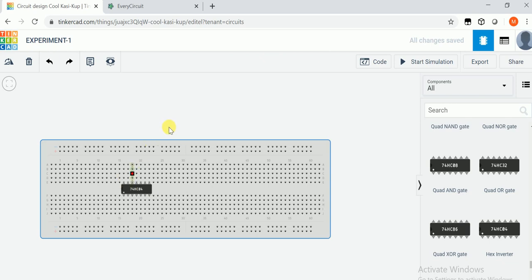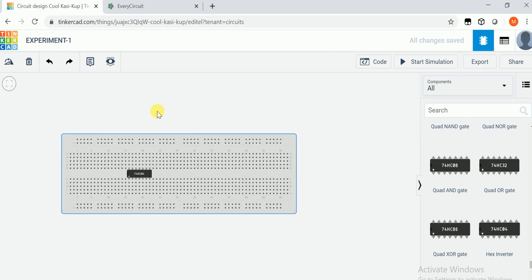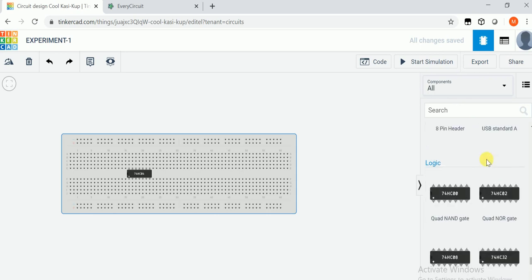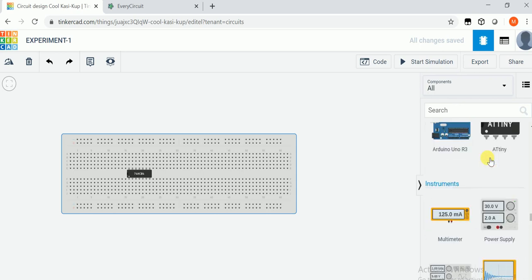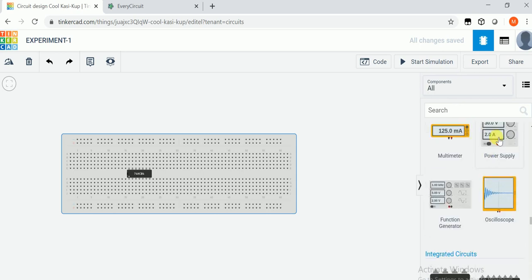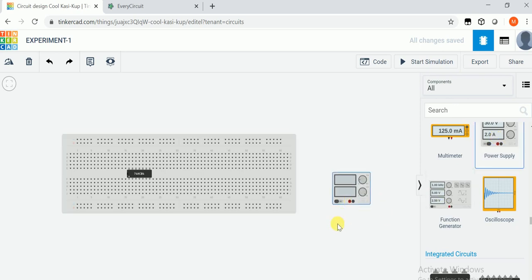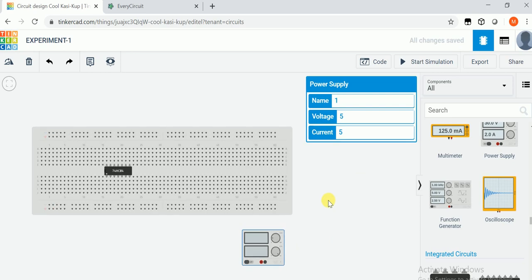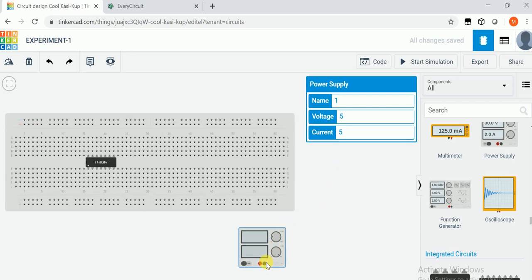To power up this IC, we need a power supply. So the third thing we need is the power supply. We have seen it here. This is the DC power supply. Better to put it here. I suggest in the starting you connect this red one as the positive part and this black one as the negative part.